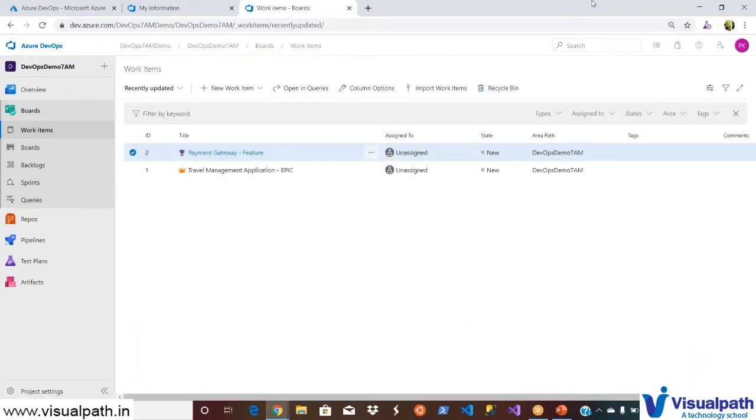And why do you use Epic here? As I told you, when you are using Scrum, there is a hierarchy. Every requirement, requirement being a general term, will be categorized into multiple subcategories. Let us say I'm creating an application for travel management, let us take MakeMyTrip. Travel management is the business problem here, and you call it an epic.